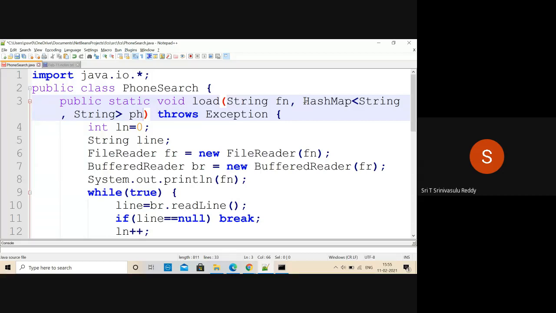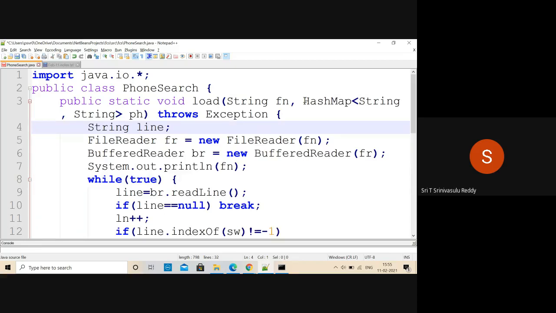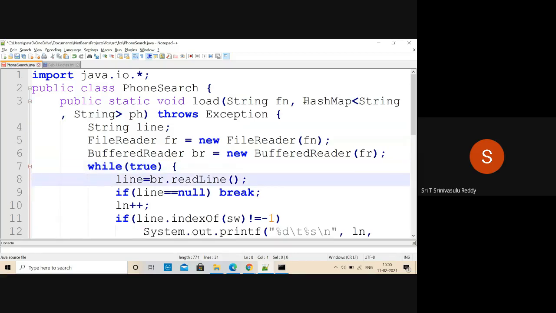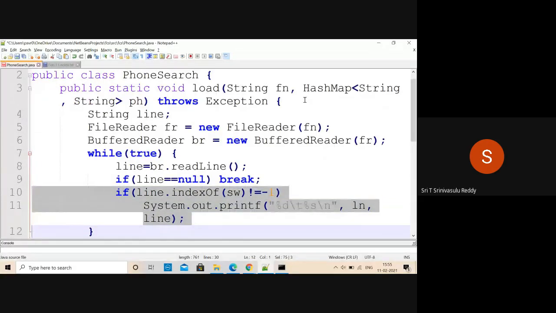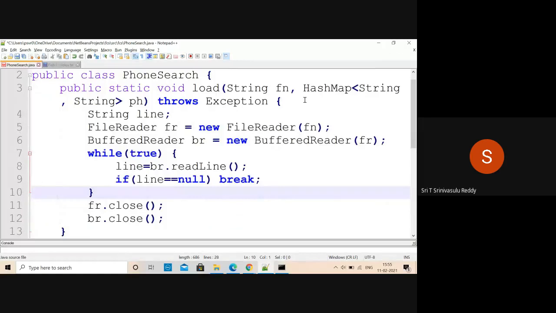Essentially, these are generic classes we normally call them. Now line numbers and all that you don't require, so we can remove this. But you require the line. We need to read and open all of them. No issue. Whenever you break it, you have to remove it. Now what is to be done? You have to split. Let us assume that your file contains everything properly, because error conditions and all that logic becomes too complex. So you have read the line.